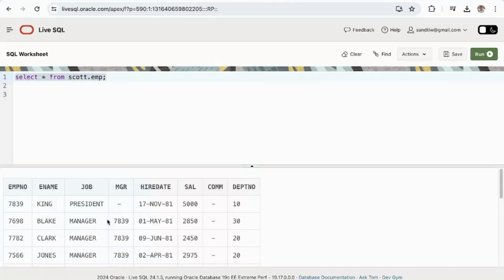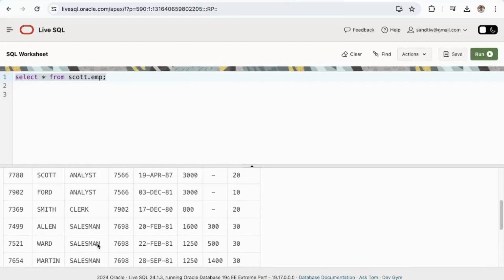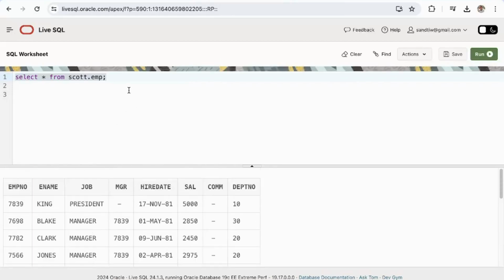So we have this table: employee number, employee name, job, and everything else. What we are going to do is we want all the jobs from the employee table to be displayed as a comma separated value. So I want president, comma manager, comma analyst, comma clerk, comma salesman. How can I do that? So here we'll use